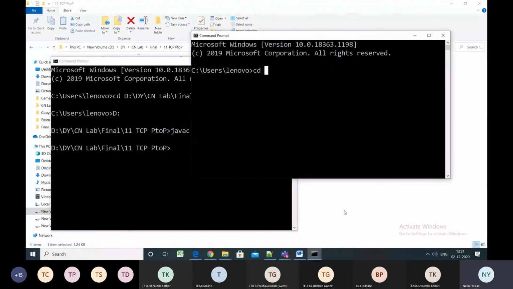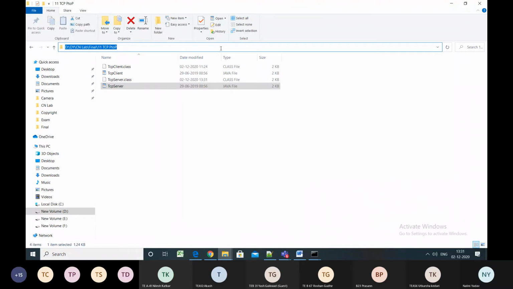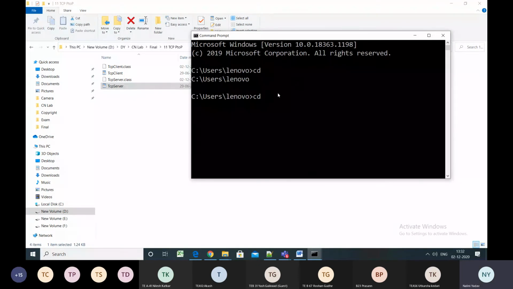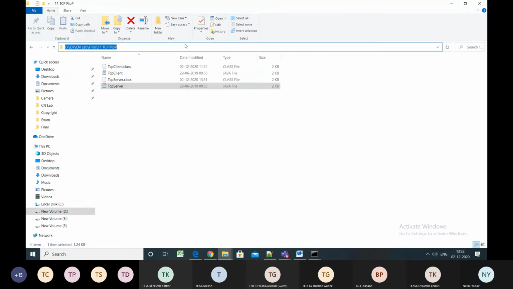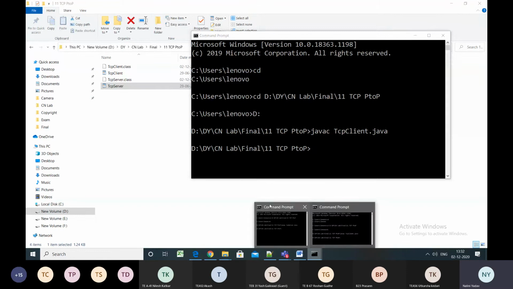In a similar manner, I will be compiling my client code also, javac TCPClient.java. So my Java client code is also compiled successfully.